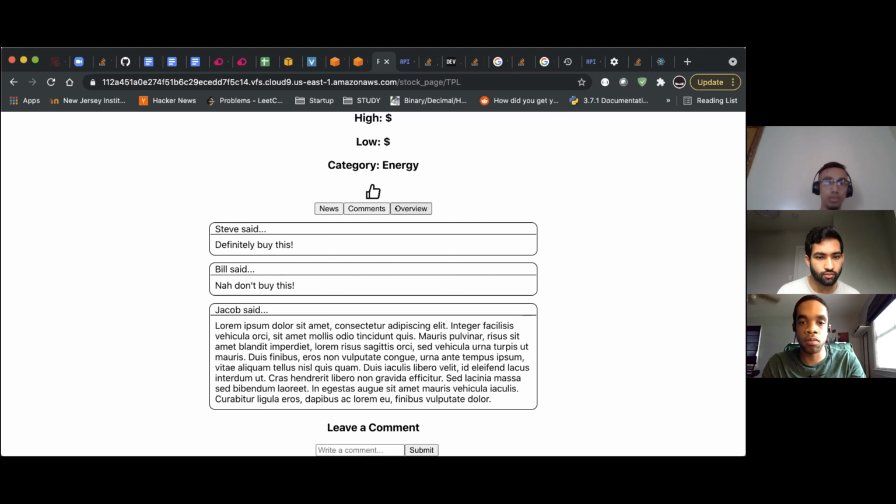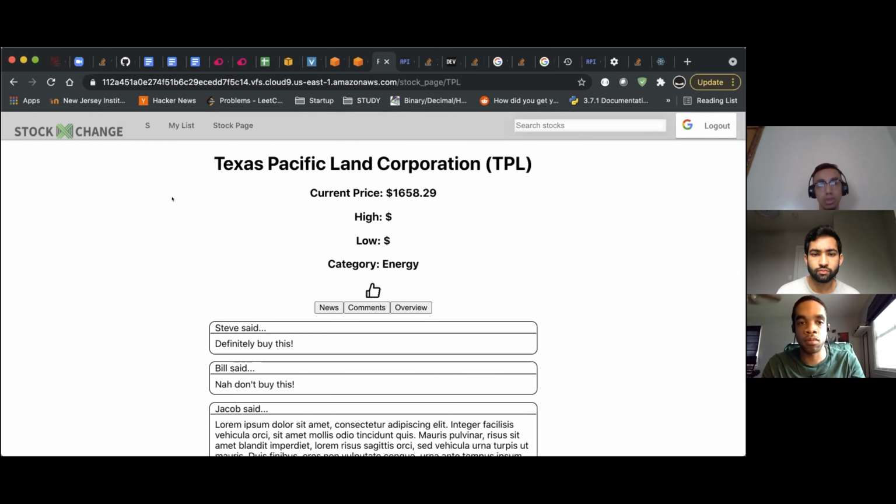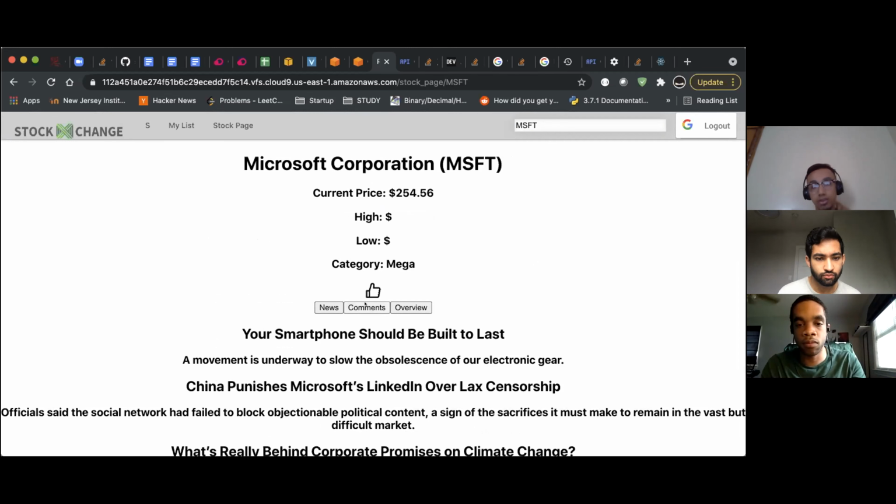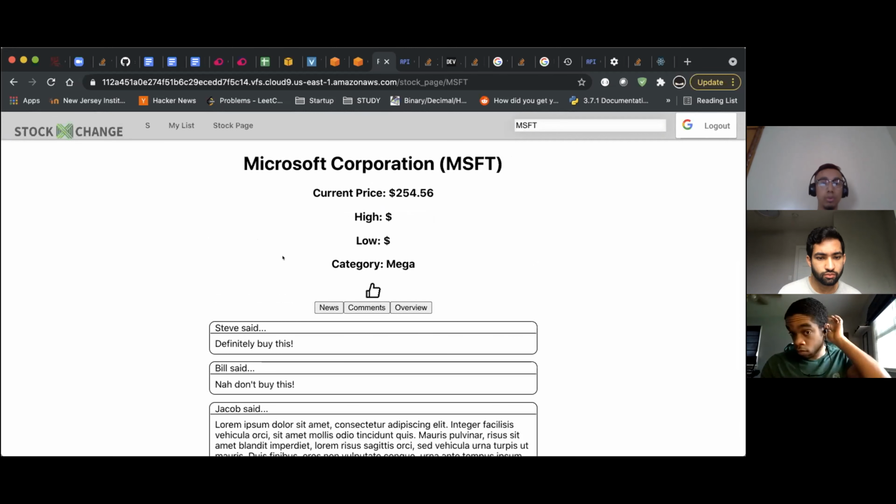And the overview is the information of all the stocks that we have. You could also search stocks at the top, and you get the same information: news, comments, or overview. And when you press the like button, you'll add it to your portfolio.